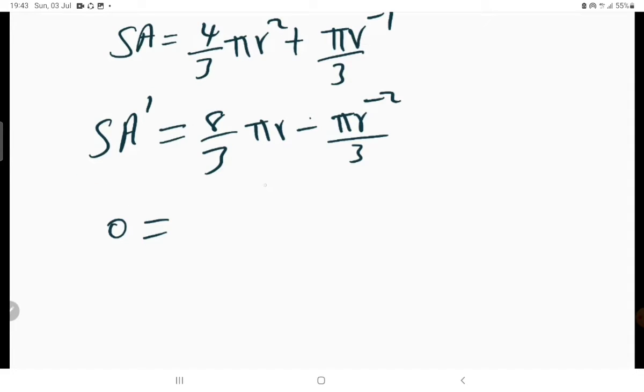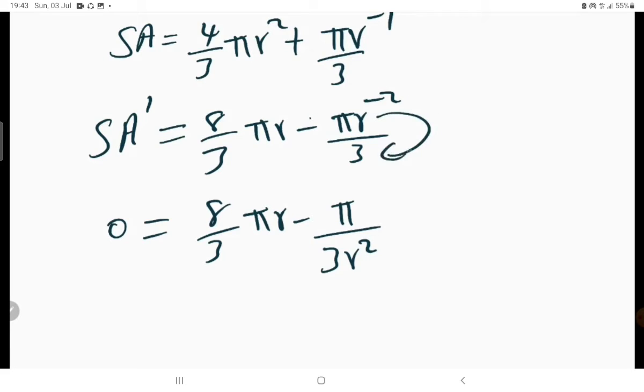So we have 0 is equal to 8 over 3 pi r, minus pi divided by 3 r squared. It's very important to always change your negative exponents to positive exponents. Hence I've taken this one down back where it was, so that now it changes the sign to be positive